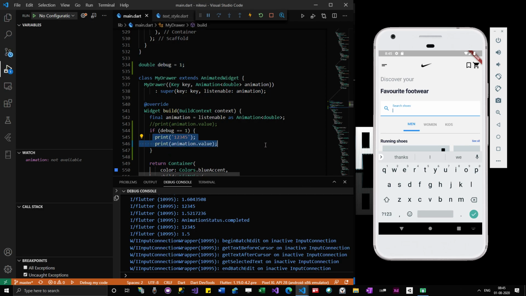Like I can create a file somewhere, like a file or database, and then record, insert all the stuff over there. Okay, so that I can move that log remotely or ask the user to share, so that you can review what the issue is. When it comes to an actual physical device, you don't know what's happening in the device, right? Which part of code is being called, what is the value behind it. You don't know what the value for the animation is when you are on the physical device.